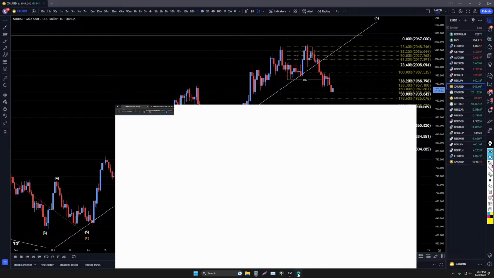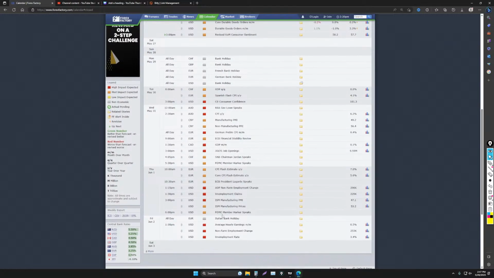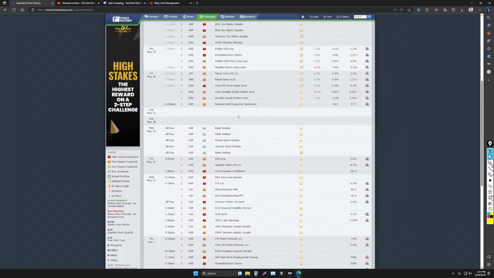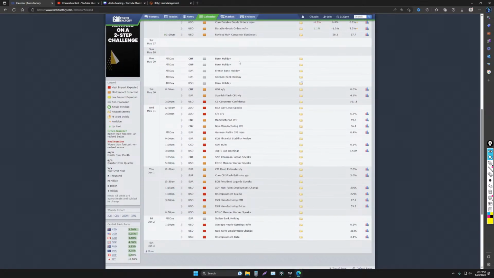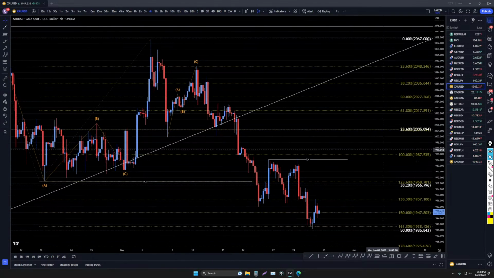Now, one thing we have to remember is we have that consumer news this week, but then next week we have non-farm payroll right at the beginning of the month, actually. So I am definitely interested to see how these dollar pairs end those monthly candles. And then Monday is a holiday pretty much everywhere. It's Memorial Day in the US, and then in the UK they have the holiday, in Europe and in Switzerland. So there's a 3-day weekend for most people. So we'll see what happens if I make videos or not. It's definitely going to be a slow day on Monday.